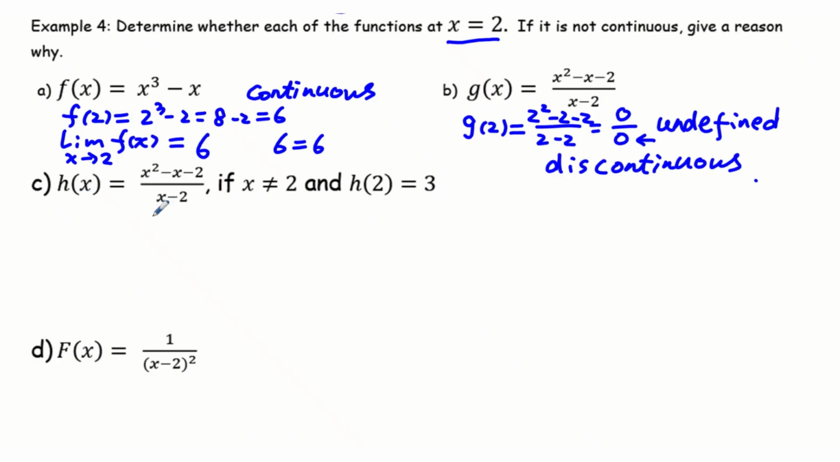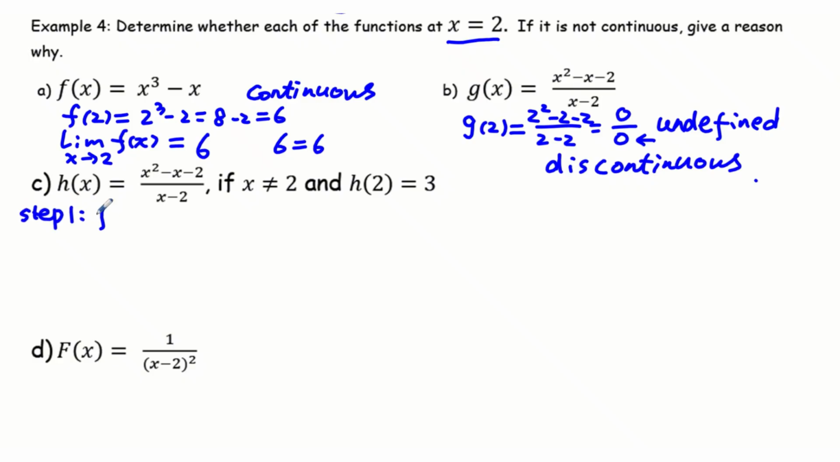And h at x, so this one, h at x equals this one when x is not equal to 2, is this function. When x equals 2, it gives you the 3. So if it's subbing 2 here, it's undefined, but it has a restriction, x not equal to 2. So this is step 1, h at 2